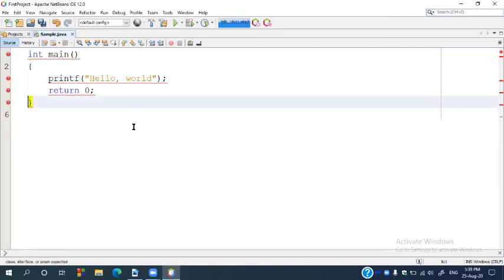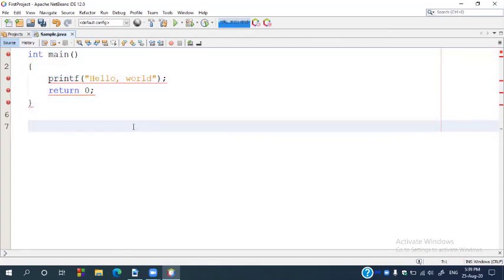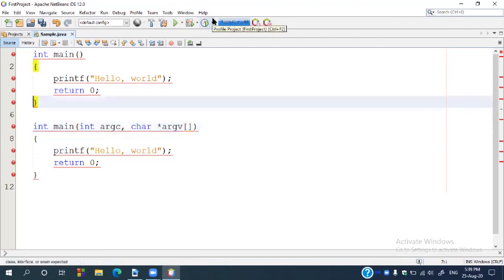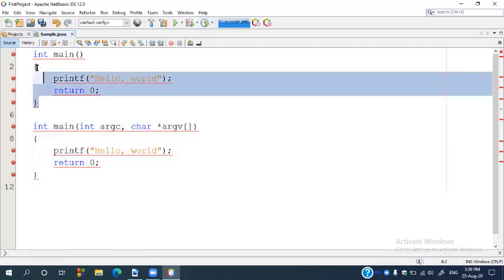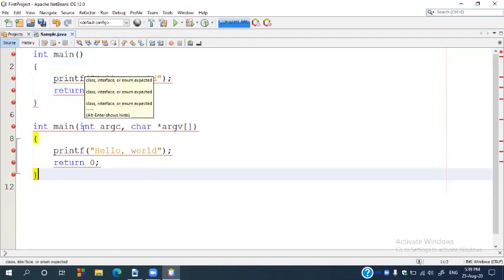There is one more variation of the main function in C, called the main function with command line arguments. You can use either this version of the main function or that version, in both C and C++. The difference between these two is that this is a plain main function, and this is the main function with command line arguments.